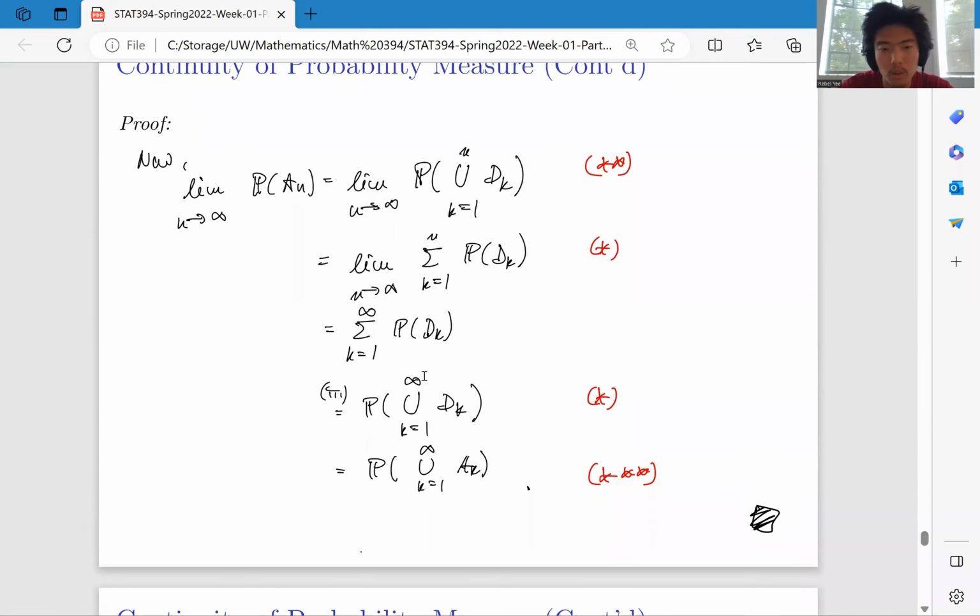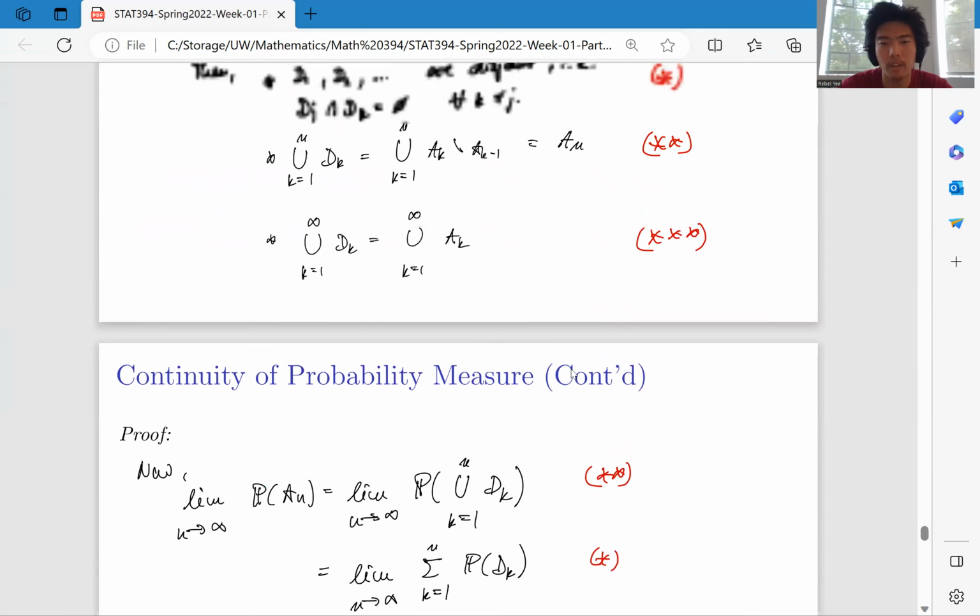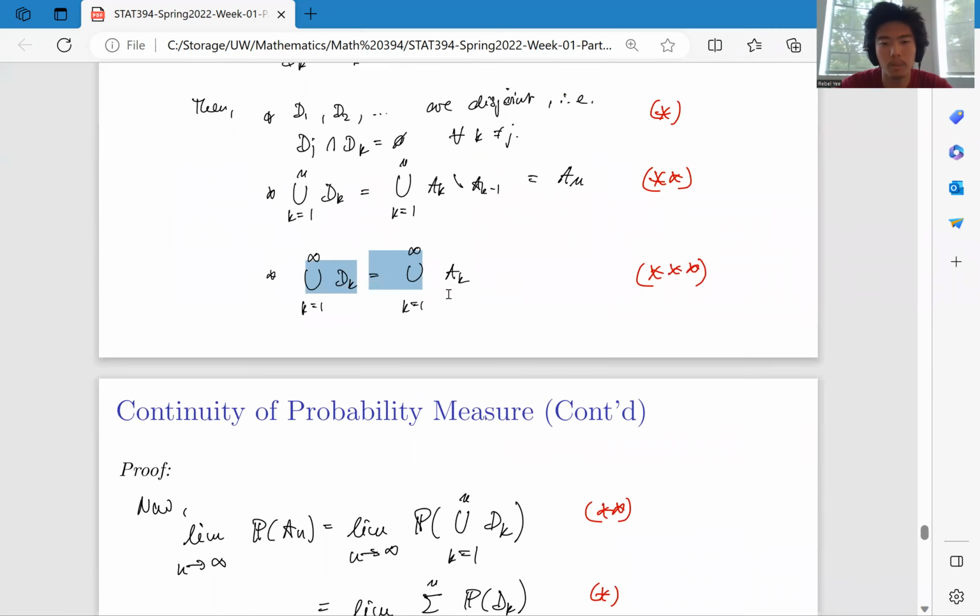And here, this one will be equal to this property. Why? Because those are pairwise disjoint. So use the property from above again. Previously we converted the union to a sum, and now we convert the sum to a union. So this is the same as this set, and because we have the property here, we already proved this statement